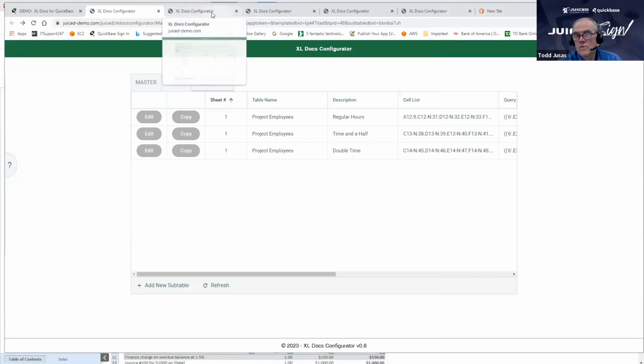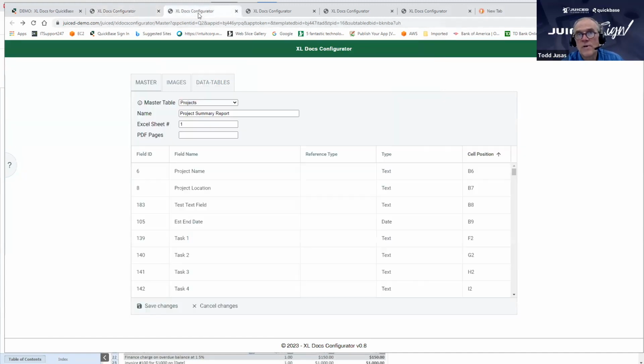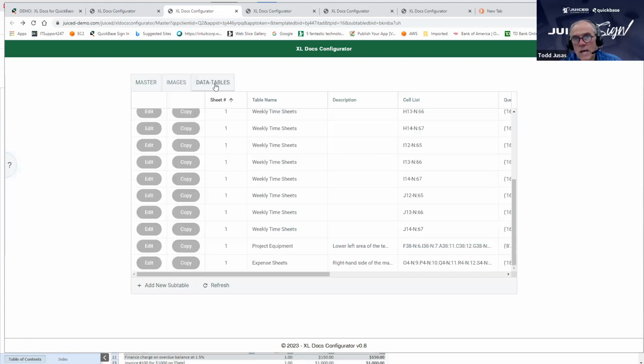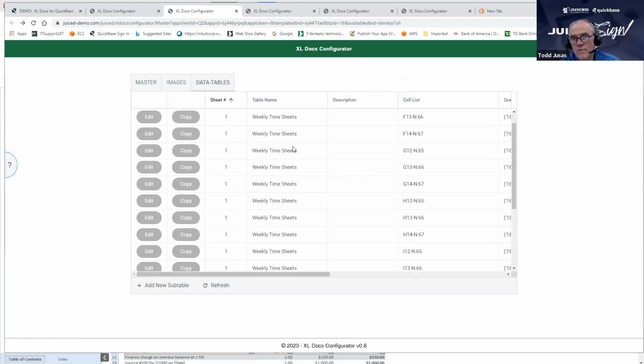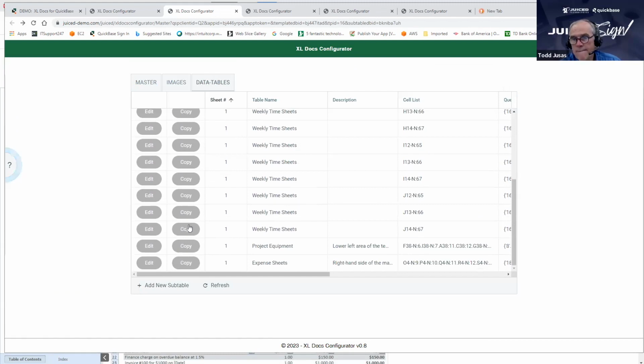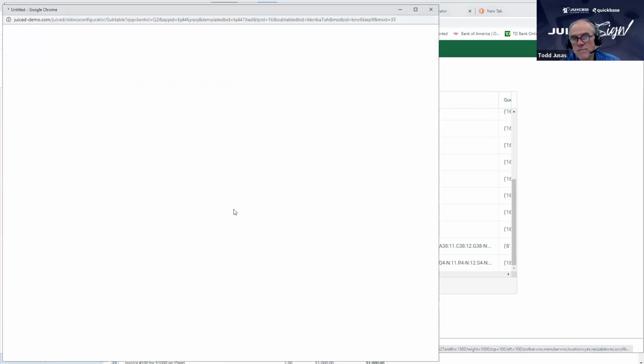All right, so let's go to the next configuration. I'm just pulling up another configuration where I want to illustrate another option, and that is subtotals. So here again, we have projects table. So we're on the main UI again. Projects table, I have all my content specified. In my data tables, I have quite a few different configurations. But what I want to show you is in this last configuration,